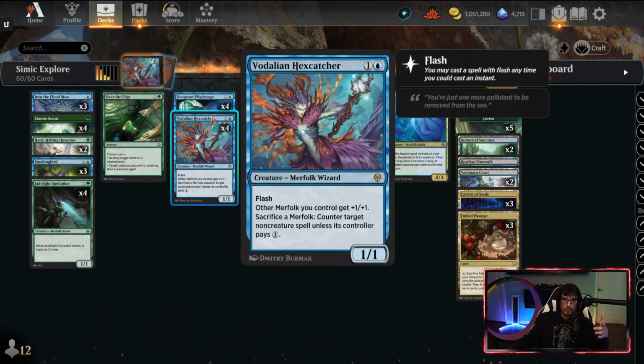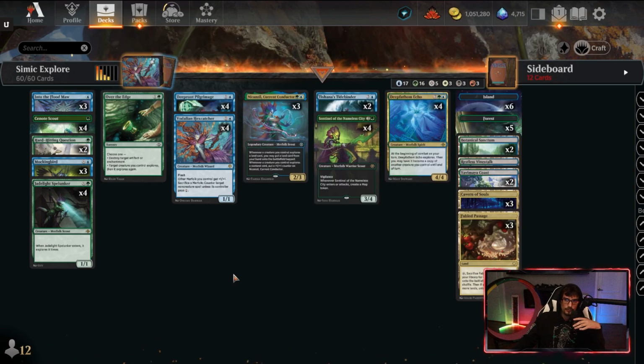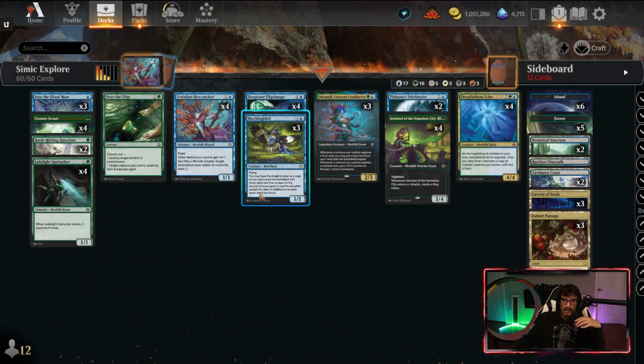And it's not just the tokens. You can sacrifice, of course, any Merfolk, but we like the tokens, right? It's very, very nice value there as you keep making more of them every turn as you tap a non-token Merfolk, okay? So that's what we have going on here, and we're going to double down on this Hexcatcher with